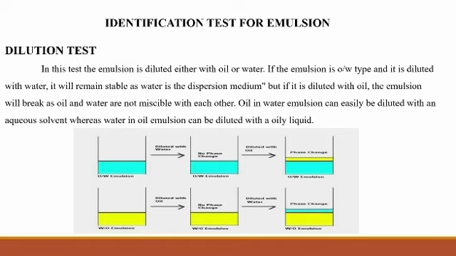These are the 5 tests we use in the identification of emulsions. The first one is the dilution test. Dilution test is nothing but,